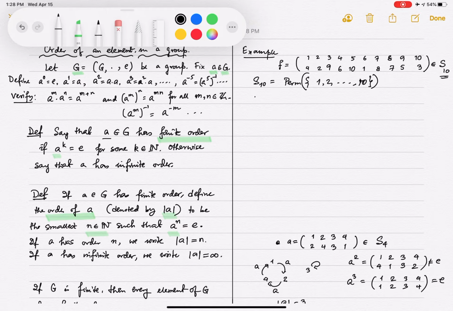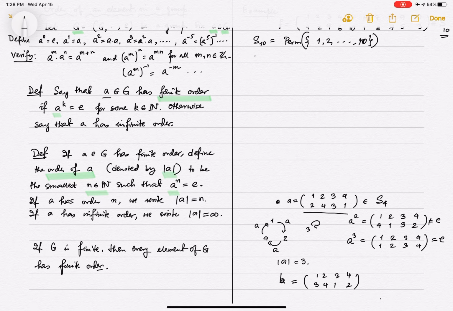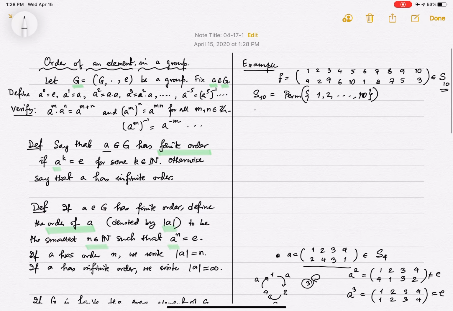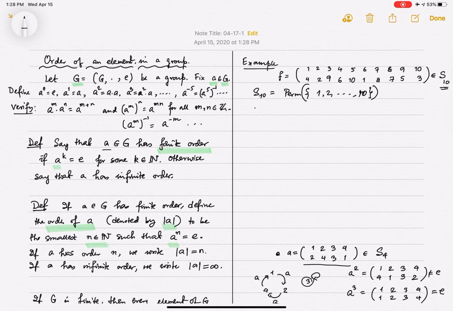So we did some example, like this element of S4 had order 3, because it was switching 1 to 4 in a cyclic manner and fixing 3. So if you did it 3 times, everything came back to itself, so you got the identity. Let's see how to calculate order of an element in permutation group in general. So here is a more complicated